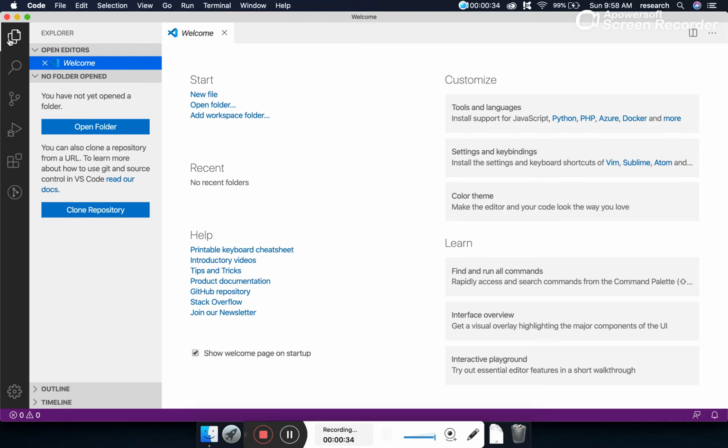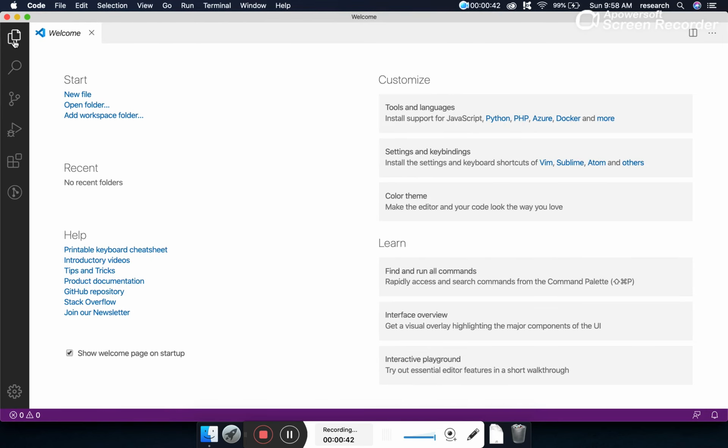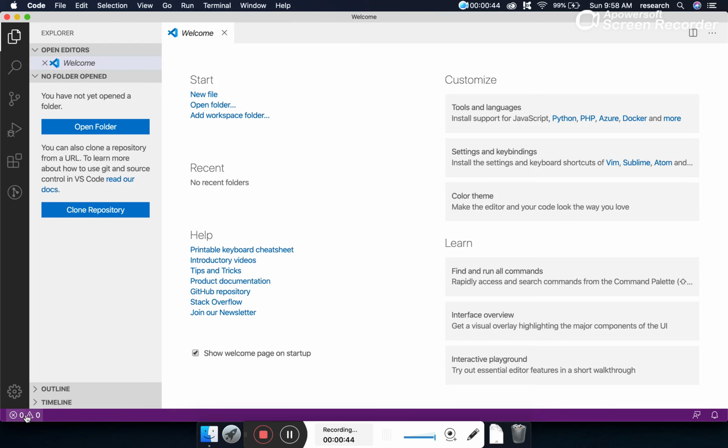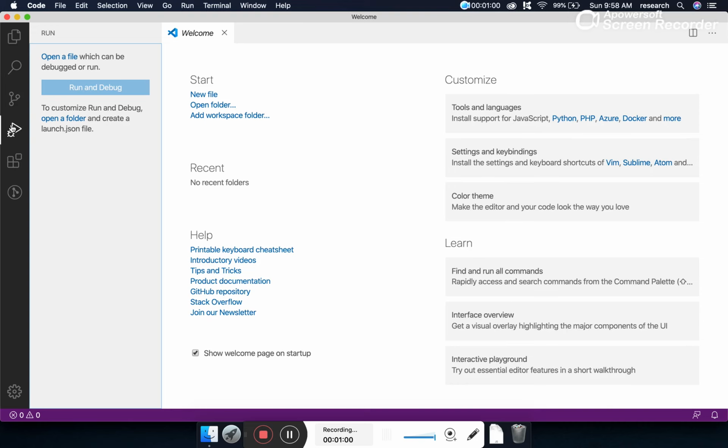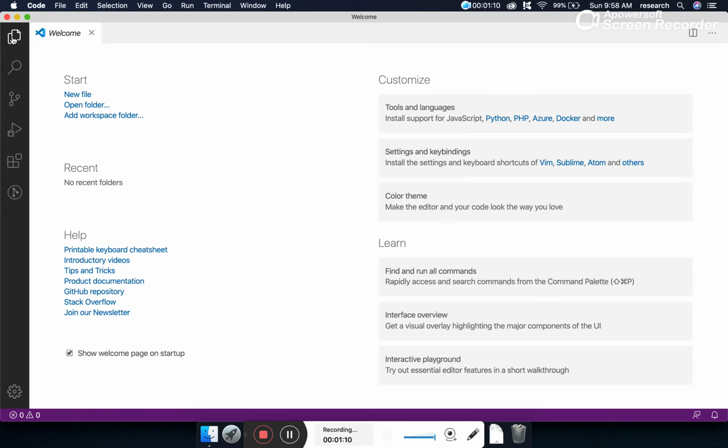If you are using the VS Code editor for the first time, let me give you a small overview. In the VS Code editor, there are two sections which are very important. This is the left section, we must know how to toggle that, and there's a bottom section. In the left section, two tabs are very important for the beginners. The first tab is the Project Explorer tab, which lists all our files, folders, and programs. And the second important tab is the Run and Debug, which helps us to run and debug our program. This is about the left panel.